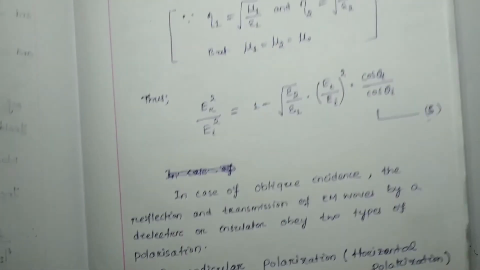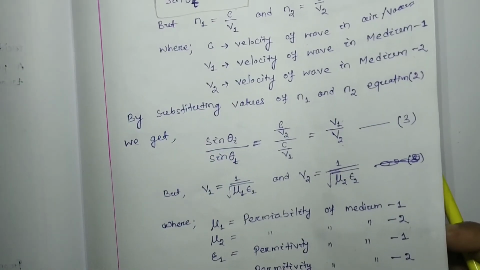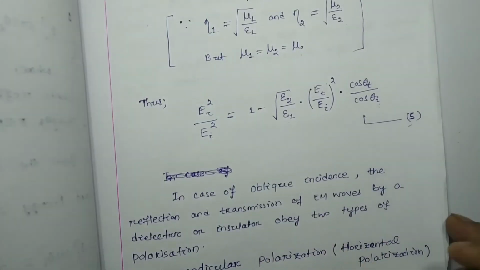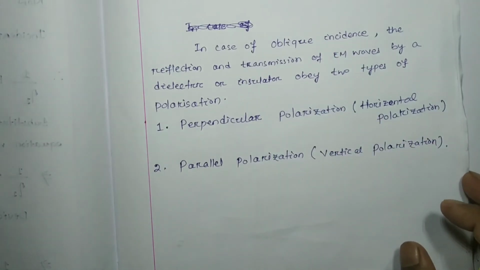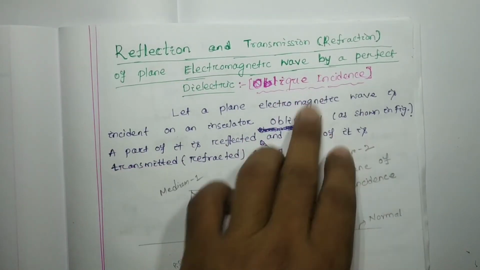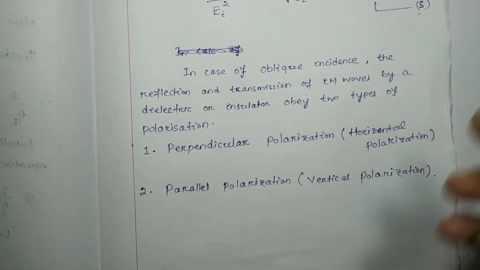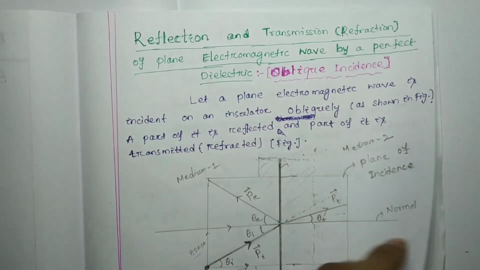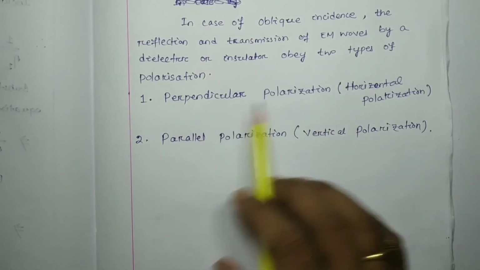So this is the half portion of this long question, and the other half will be completed by discussing this one and this one. In the exam you may get a question to discuss electromagnetic wave propagation in oblique incidence, and discuss only perpendicular polarization or only parallel polarization. But our topic of oblique incidence will be completed once we complete these things.